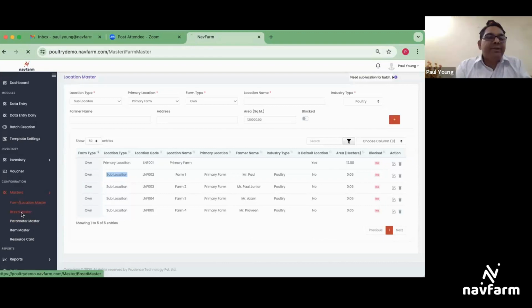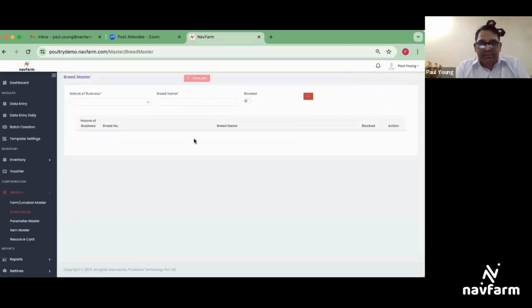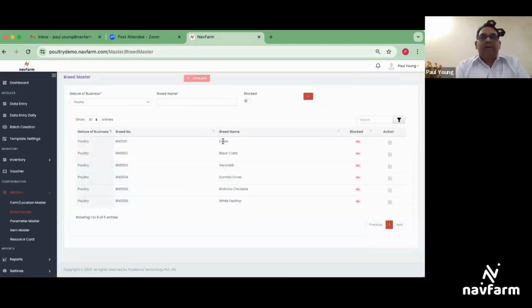Then you come to breed master. See, breed master, give me a second, please. Yeah, okay. You see your breeds are already there. Okay, but then the breed master is likely a feature or a tool within the software platform designed to manage poultry farm operations. Okay, so it allows the user to define and customize the details of different breeds present on his farm. This could include